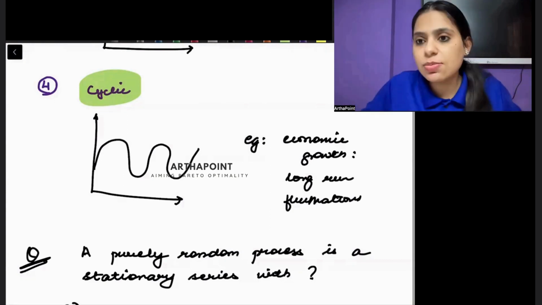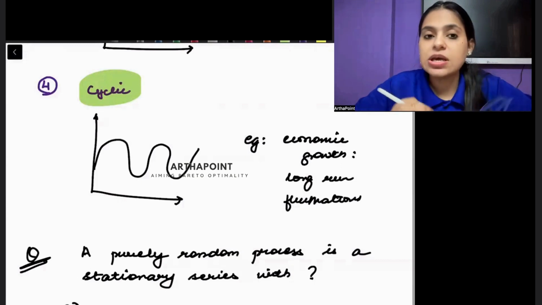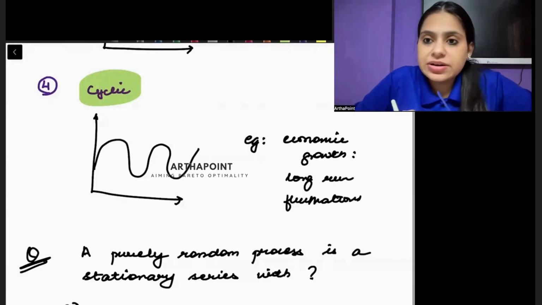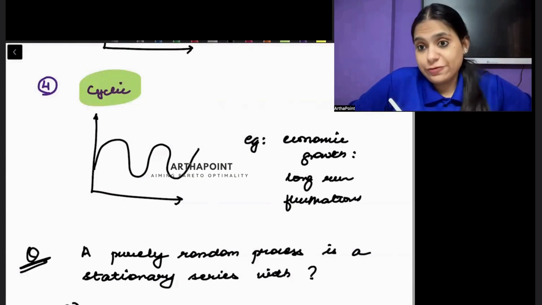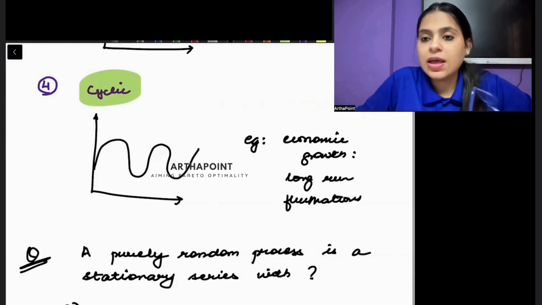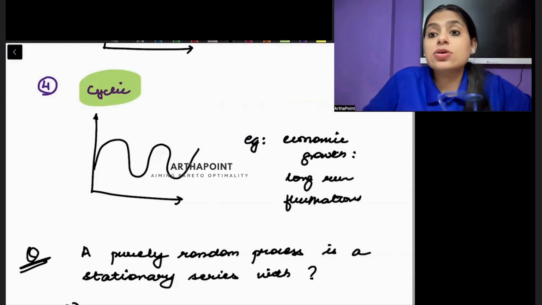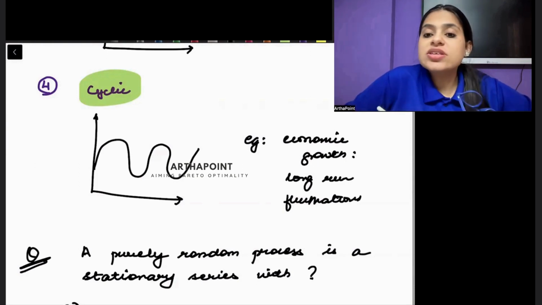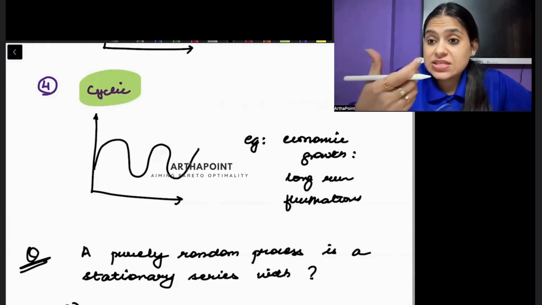ऐसा भी हो सकता है कि 10 साल boom ही चलता रहे, और ऐसा भी हो सकता है कि सिर्फ 3 साल boom चले and recession comes. So we don't know the exact period. It will repeat, but we don't know the period after which it will repeat itself, and this can differ every time. Maybe this time after 5 years only recession came, and next time after 20 years recession comes. So this is cyclical in nature, but it's not the same length of the cycle.